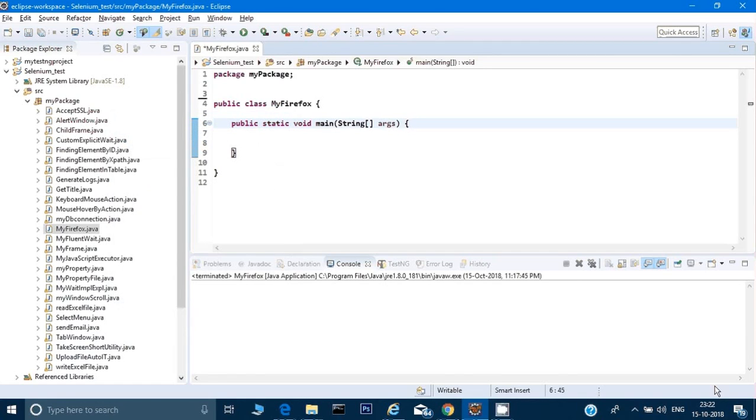Hey guys, welcome back. So till now you have seen we have run all the scripts on the Chrome browser, but now we will run our script on the Firefox browser. Okay? So till Selenium 2, we don't have to specify the driver of the Firefox to run any scripts on the Firefox browser. So let me give an example. So till Selenium 2, the code which we need to write would be